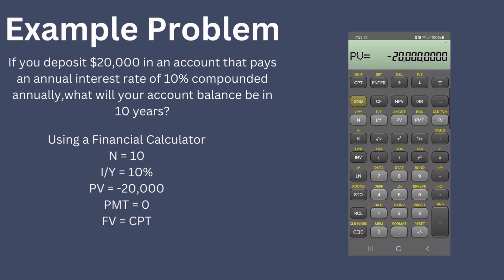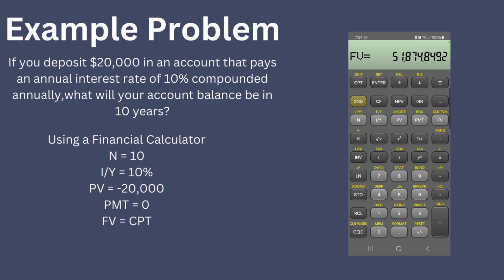The reason we put that in as a negative is because we're essentially investing money, so it's a cash outflow. It doesn't become a cash inflow until we get it back in the future value. 0 is going to be the payment, and then we compute our future value. And our future value is